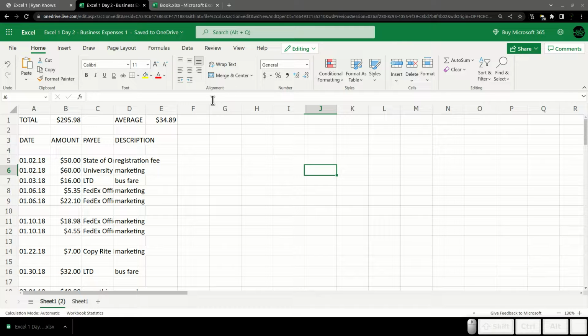On the last day, I want to bring a bunch of stuff together and take us through making an even more sophisticated sheet that does cool stuff like that, like totaling the individual types of expenses. That'll also be when we talk about filtering and sorting, for when you want to take the information you have and only look at parts of it.